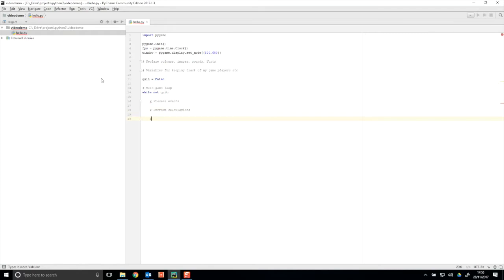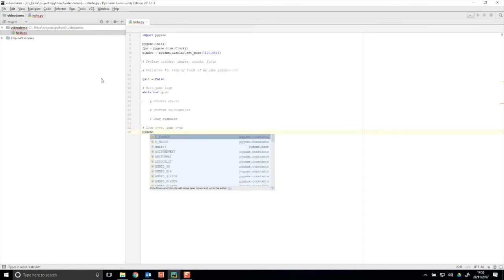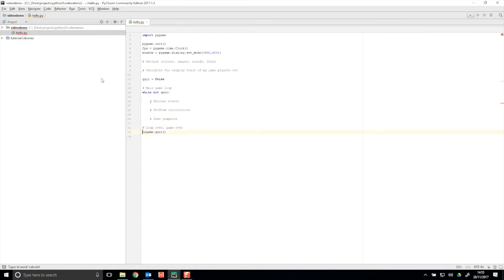Right, but these calculations, these are the main sections that I always split everything up into, and I would encourage you to do the same. Right, and then we will end our loop over, game over. Okay, Pygame.quit. Other things that I will just quickly put in here straight away